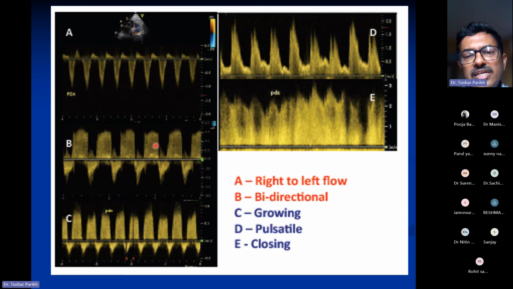Now the second pattern is the bidirectional pattern. Bidirectional pattern is also not normal, and we call it bidirectional when the right to left component is about 30% or more of the cardiac cycle. So if you see from this point to